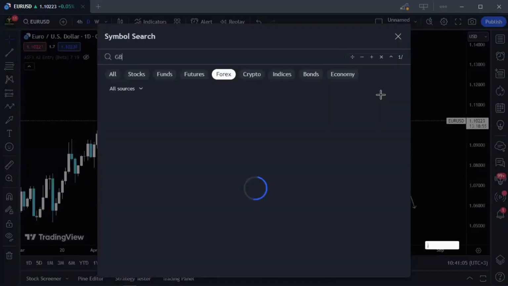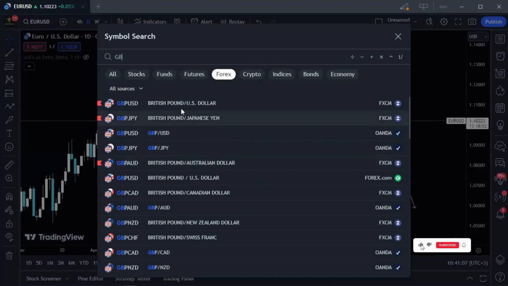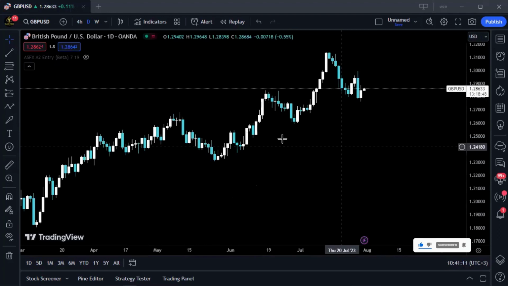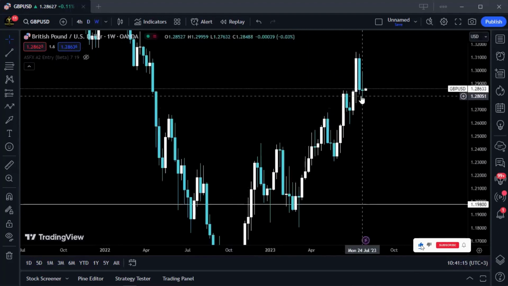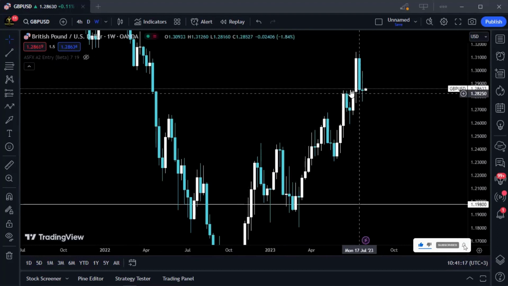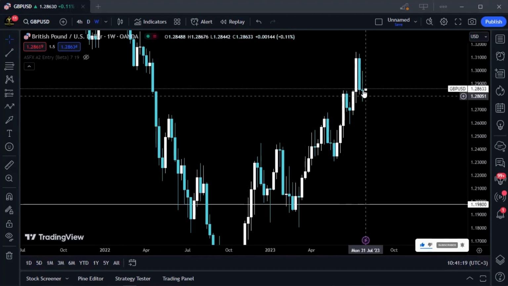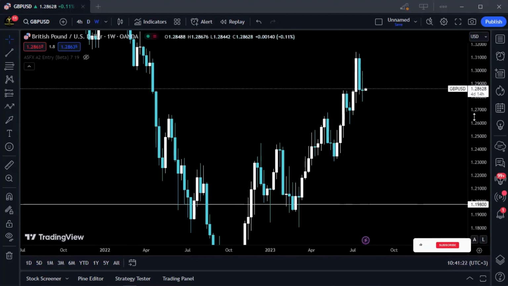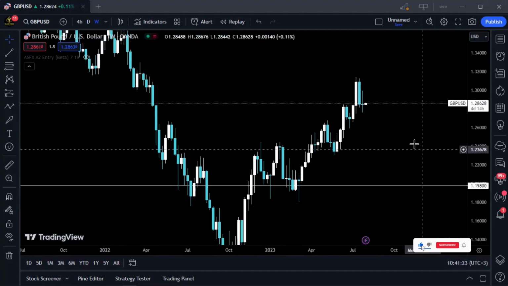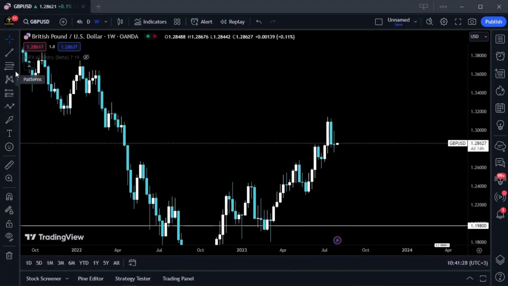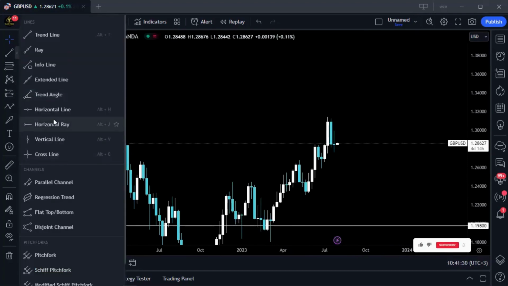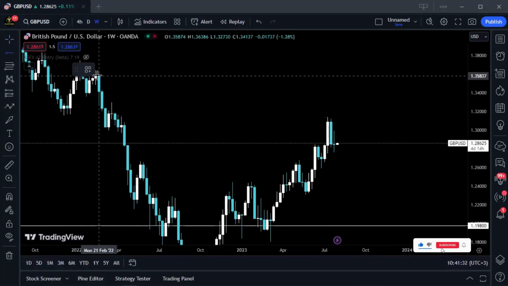So let's take a look at GU. Obviously it's positively correlated with Euro USD, so high chances we'll be looking for buys, right? You can see on Friday, this is the weekly perspective. Imagine prices closing on a weekly perspective with this kind of a doji. That means that the bears don't stand a chance. They have no momentum. So obviously I'll be looking for buys in this thing, perhaps to push until it reaches